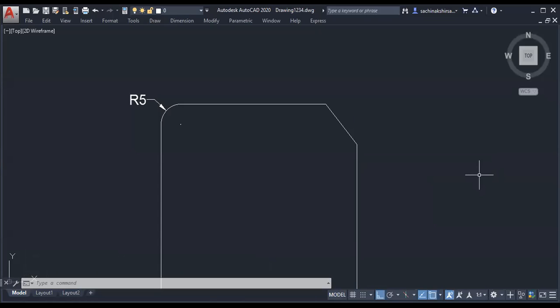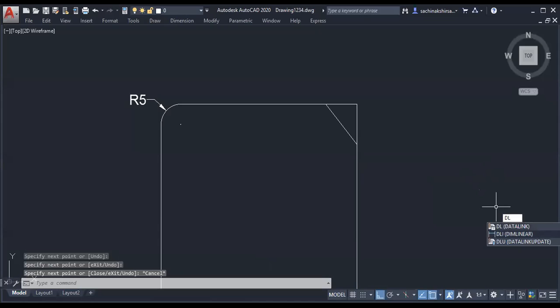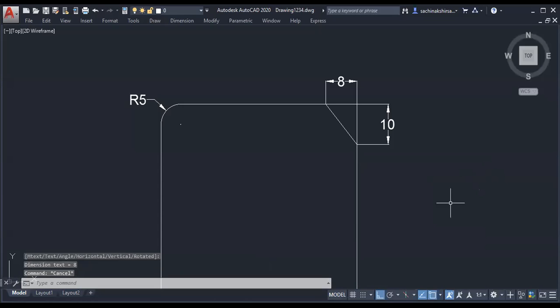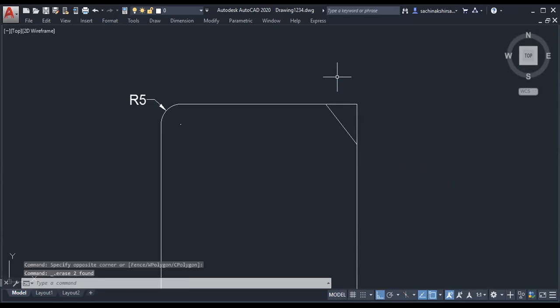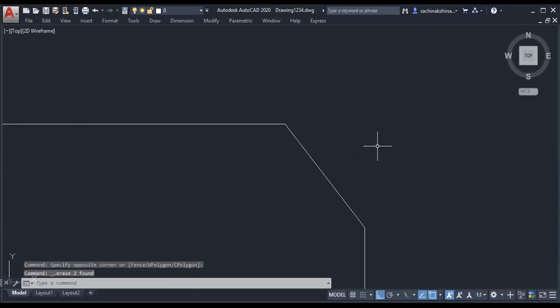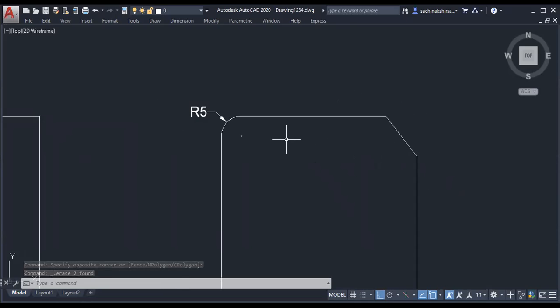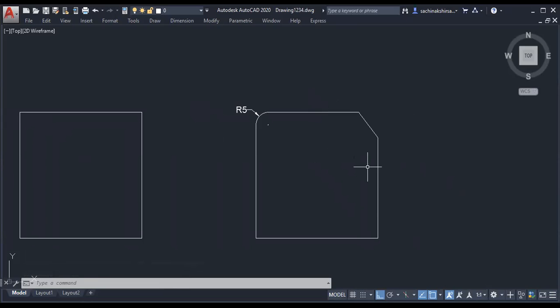So two distances we have given. How much distance did we give first? 10, no? So the first distance is 10, and the second one is 8. So this is called fillet and chamfer. To have a smooth edge, chamfer and fillet are used.